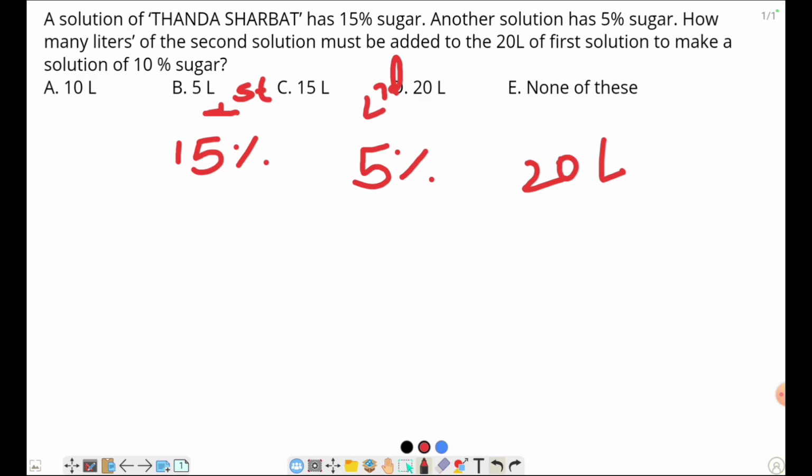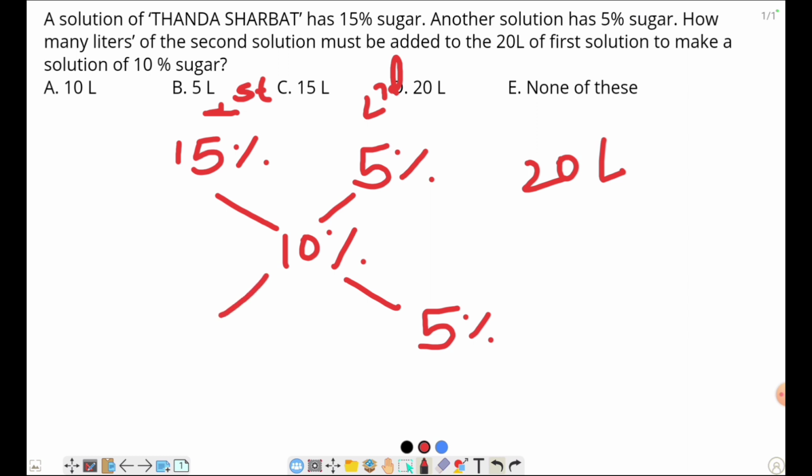That means overall sugar is 10% in the mixture of both the solutions. Then we find the ratio: 15 minus 10 is equal to 5%, and 10 minus 5 is equal to 5%. That means the ratio is 1:1. So if we take 20 liters of the first solution,